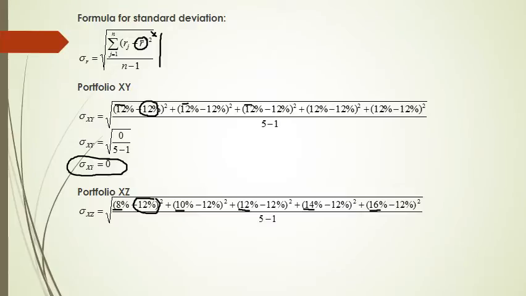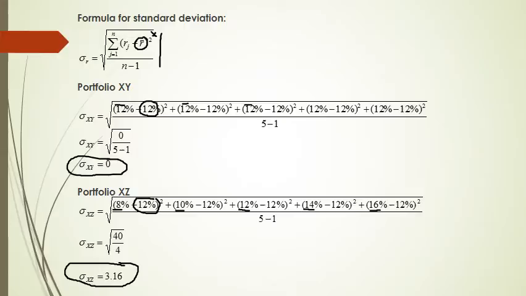Okay, so note in this instance that the outcomes that we observe in each year differ from the expected outcome overall, which is at 12%. So for example, in 2010, we have an expected return on the portfolio in that specific year of 8%. However, we expect an outcome of 12%. So hence we have a divergence, we have a deviation. What that implies is that in this instance we have a higher standard deviation. And that is indeed the case. The standard deviation for portfolio XZ turns out to be